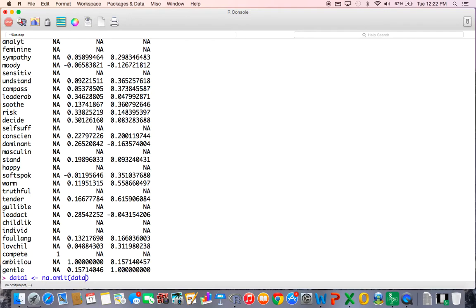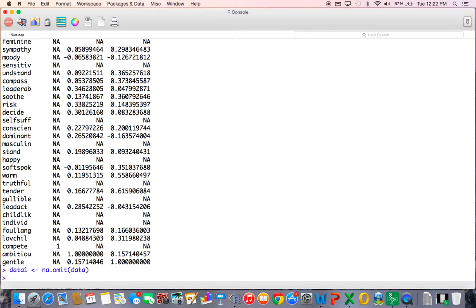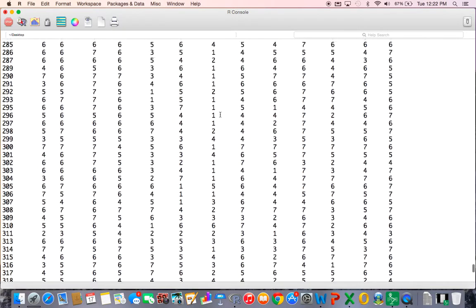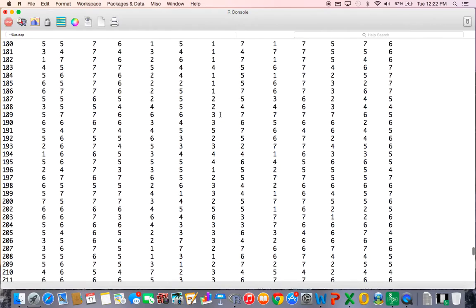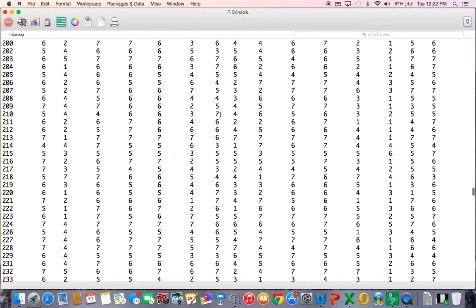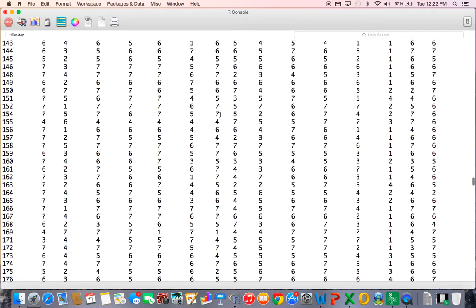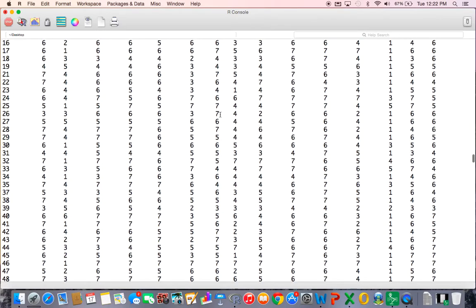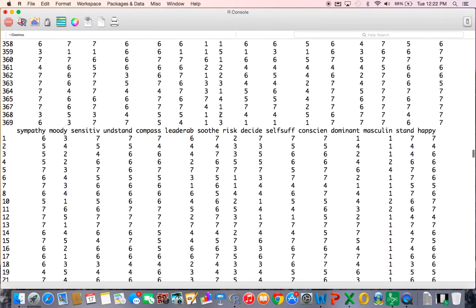So I'm creating a new data set, data 1. And now, it cleans it up, and unfortunately it's going to restrict some things. But well, okay, I'm not really sure how it handled that. But it omitted.